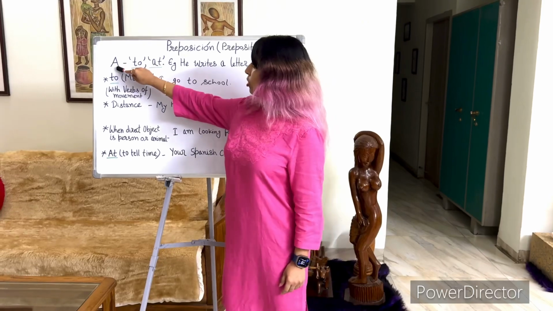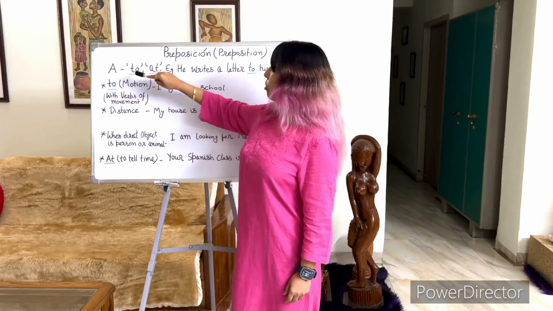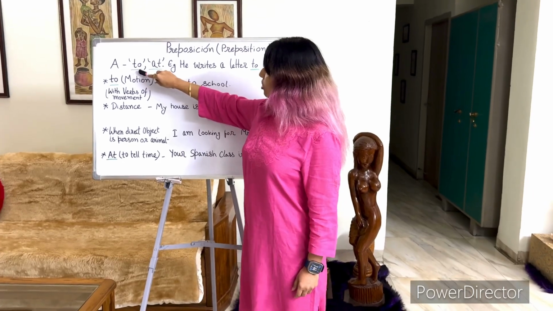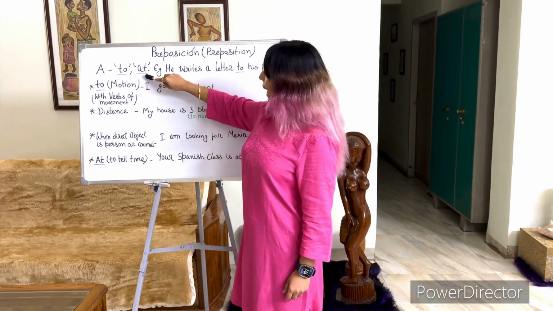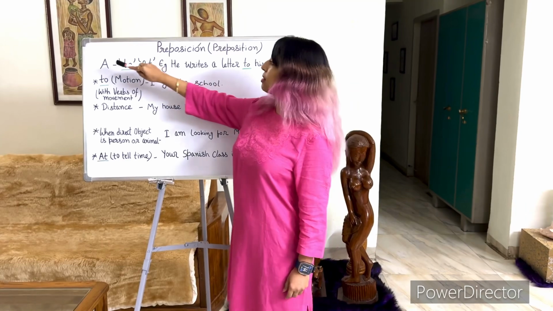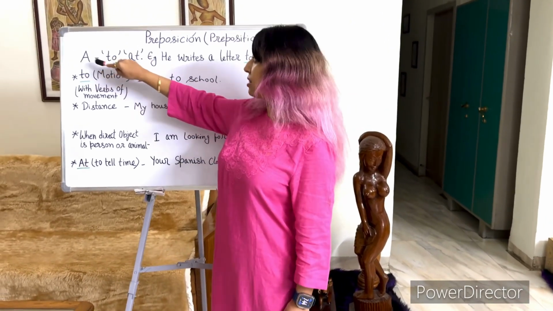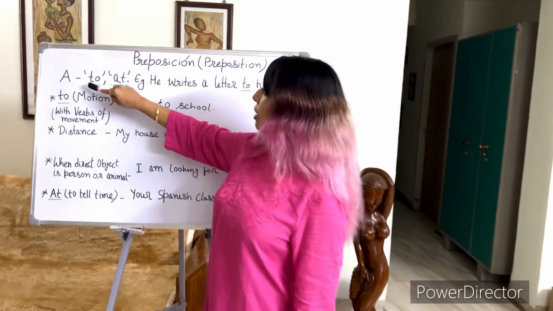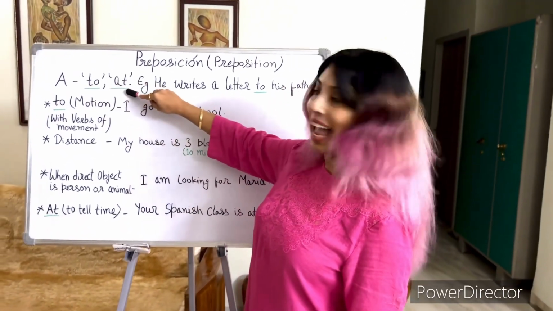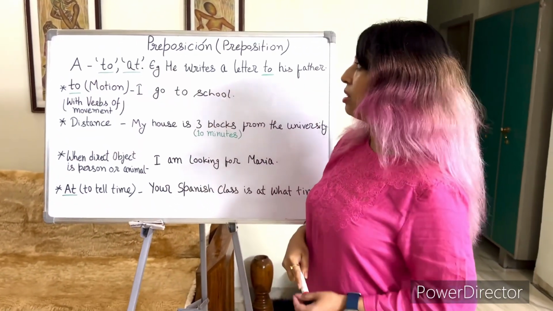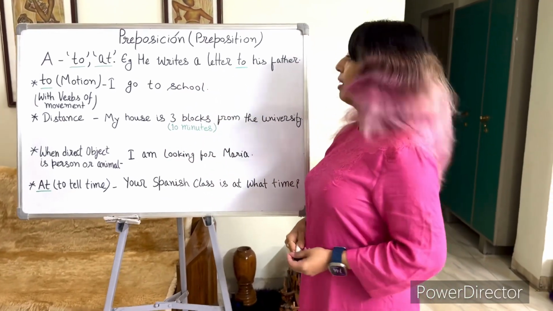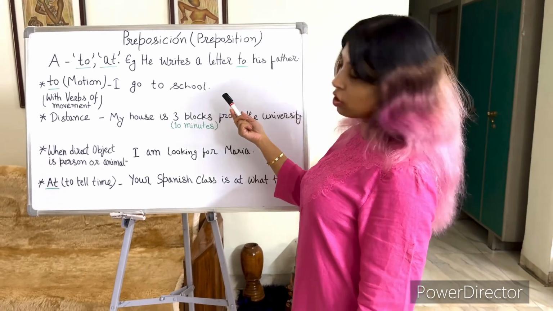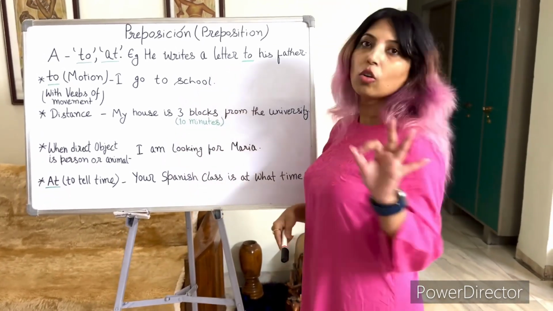Esta preposición se usa en lugar de las preposiciones inglesas to o at. That means this preposition is used in place of English preposition to or at. So, vamos a ver en qué contexto podemos usar esta preposición. Con ejemplo,